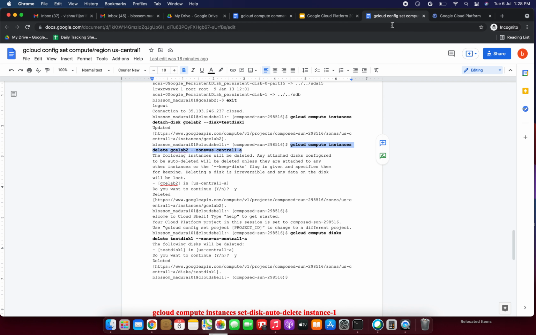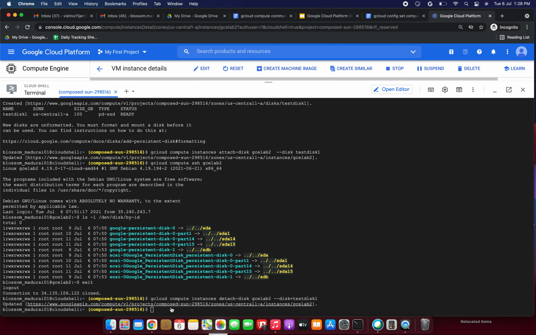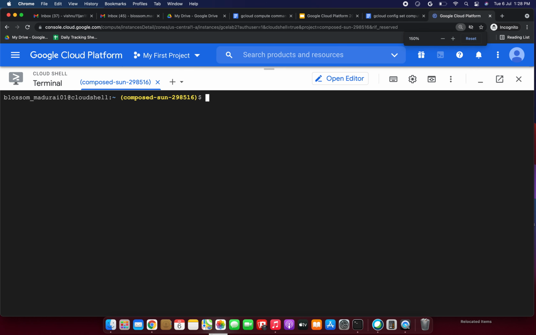Now what I'm going to do is delete the instance. So I'm putting the command now. I'm clearing the screen first. Just enter this right now: gcloud compute instances delete, our instance name, --zone us-central1-a. I'm giving that one.